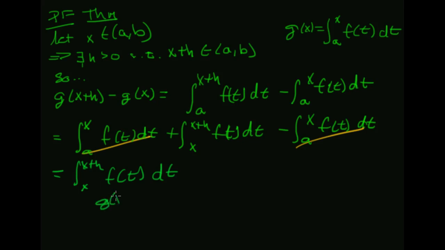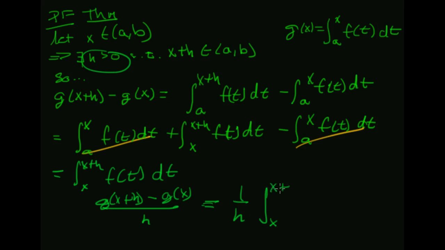Right, g of x plus h minus g of x, all over h, and I can divide by h because h has to be greater than 0, is equal to 1 over h times the integral from x to x plus h of f of t dt. Now,